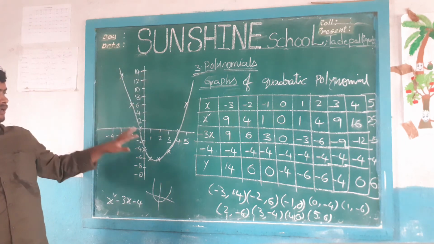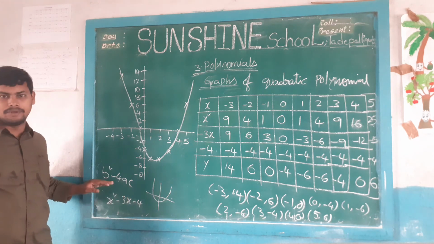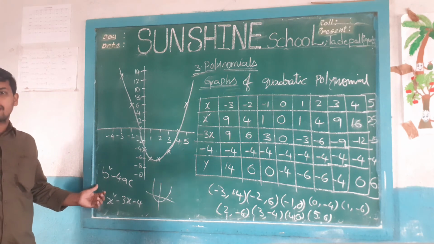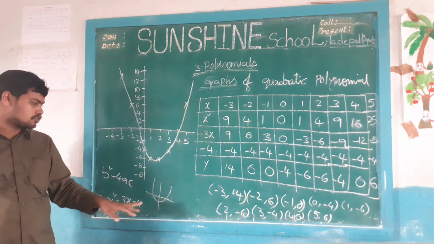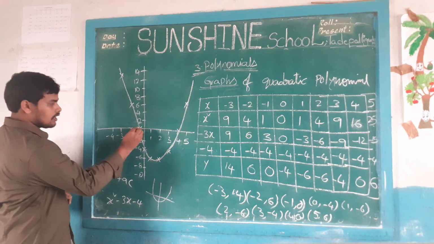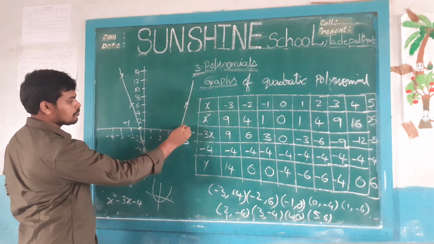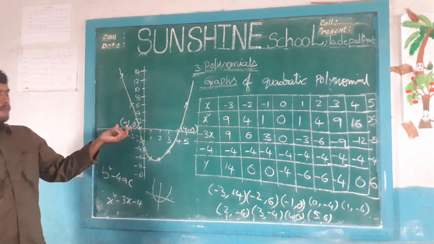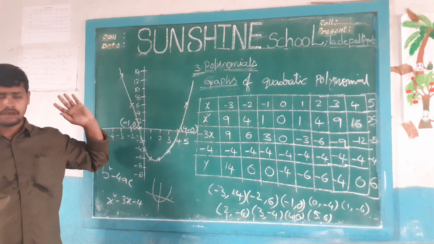It is all based on b square minus 4ac, which we have to calculate first. Based on that, we need to identify the shape of the parabola. So the shape is like this. Exactly, it meets the x-axis at only 2 points. The zeros of this polynomial are minus 1 comma 0 and 4 comma 0.